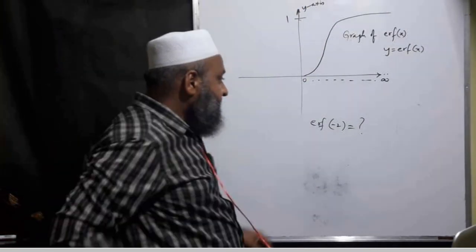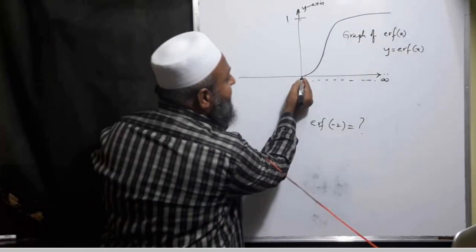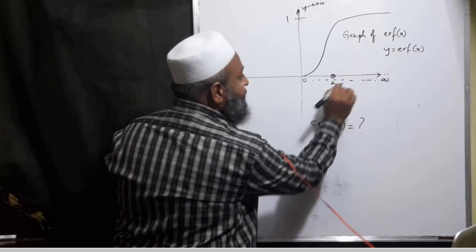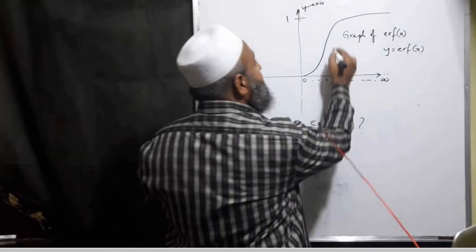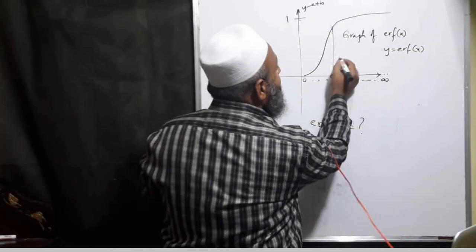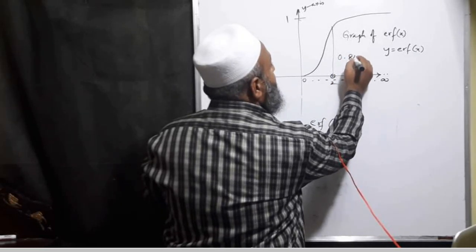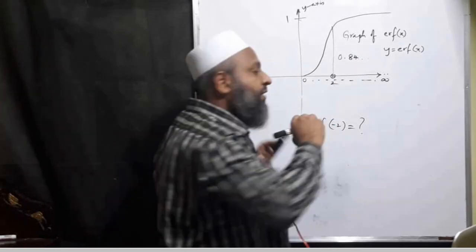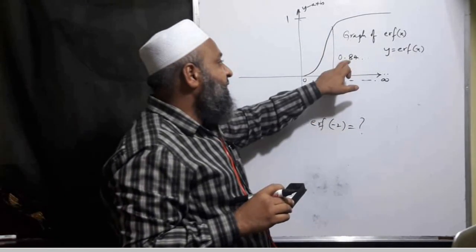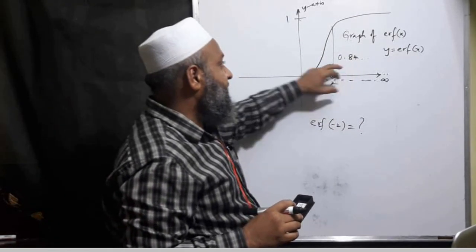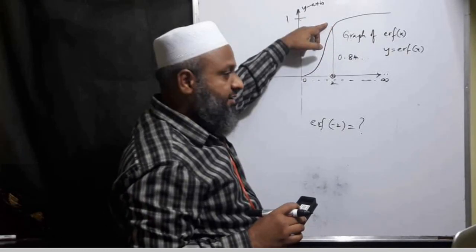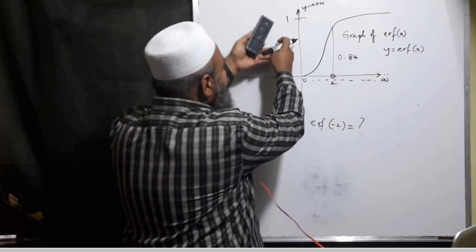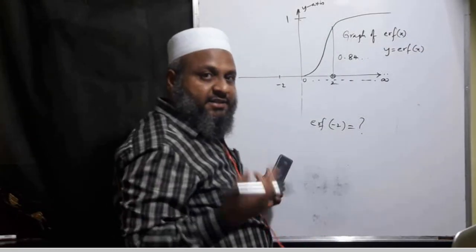Now the point is, if this graph is continued on the left hand side, as for example just now we have seen for 2 it was this height which is 0.84 I believe, right, 0.84 something or 0.99 something, you can check it in the calculator again. So it's a very high graph here. Now at minus 2 what will be the value, whether it is positive or negative, how is the graph this side, that you have to know.